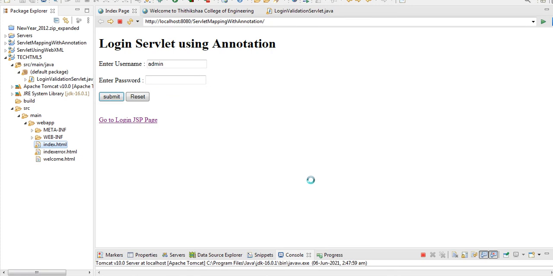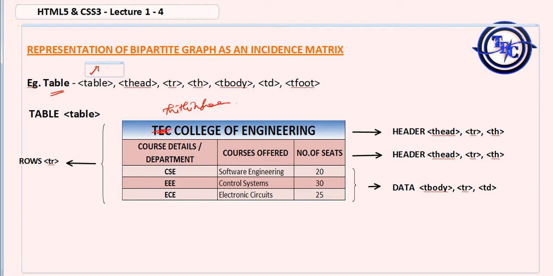So I have written the code in Eclipse. You have a lot of editors apart from this Eclipse, like Dreamweaver or Sublime Text. You have a lot of editors available, but since I want to do the server side as well as the client side, I just want to make use of this Eclipse. It takes some time. Okay, so before that I'll explain that one.